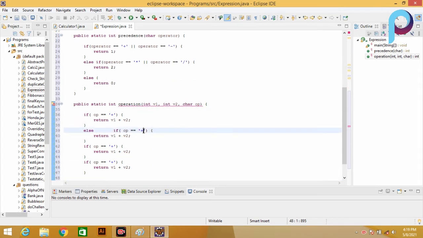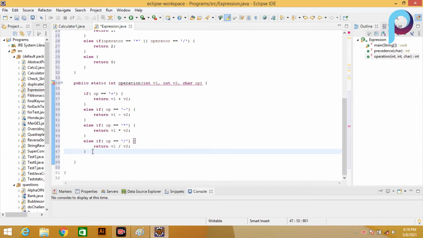Now we can set it for minus, v1 minus v2, and for multiply, v1 multiplied by v2, else for divide, v1 divided by v2.